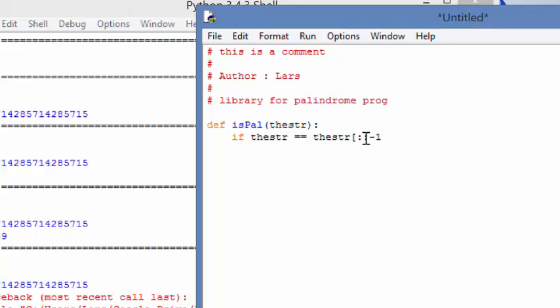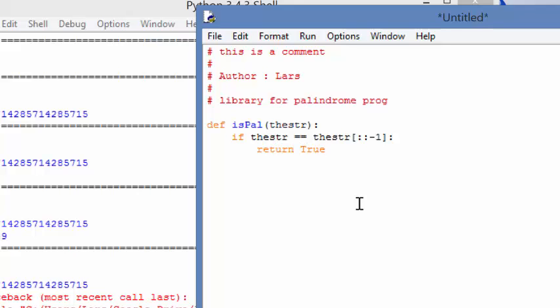So if you go back and look at the slicing stuff that we did a unit or two ago, you can see if you put a colon in there, you'll get the default. The default is the beginning. Do it again, you get the default for the ending, but slicing takes a third parameter if you desire, which tells it to go backwards. So I'm telling it, use the whole string, but go backwards. So basically what this conditional is doing is saying, hey, does the string frontways equal the string backwards? So if this is the case,